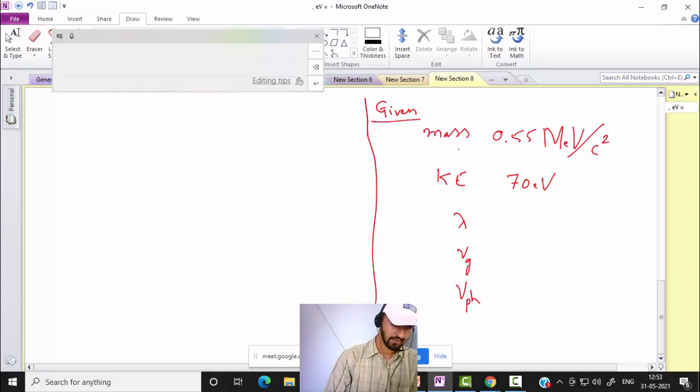What is given? There is a particle. They are not mentioning this particle as an electron, but just a particle. The mass is equal to 0.55 mega electron volt per c square. They are not telling the mass in terms of kg. Directly they are not giving you the mass, but they are giving that in terms of energy. You please convert that to kg. Write down, m is equal to 0.55 mega electron volt per c square, that is equal to,